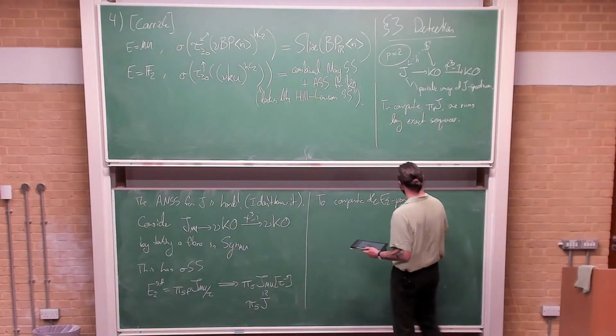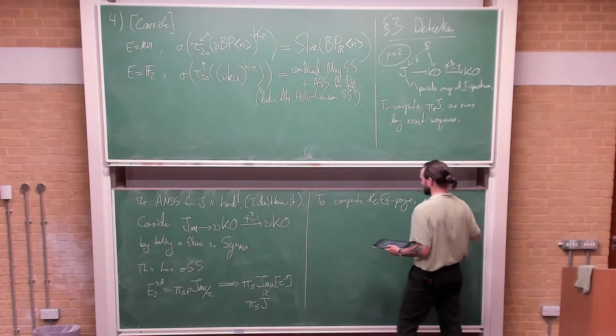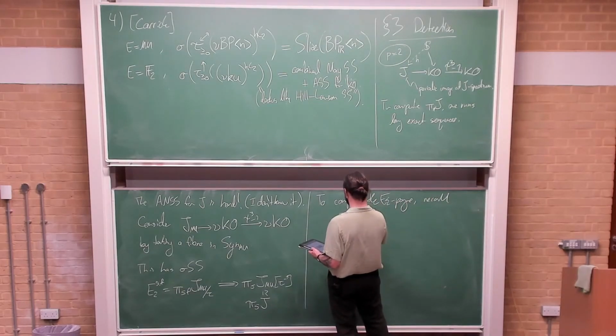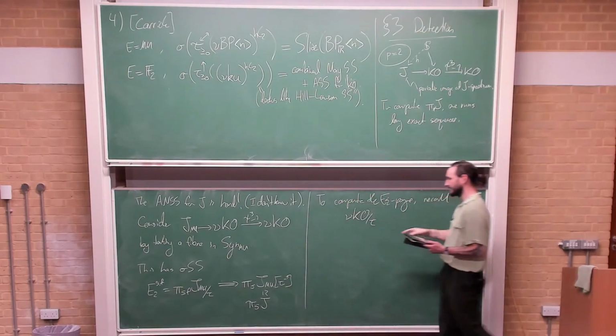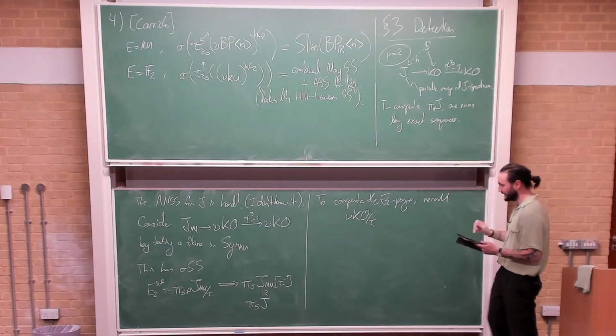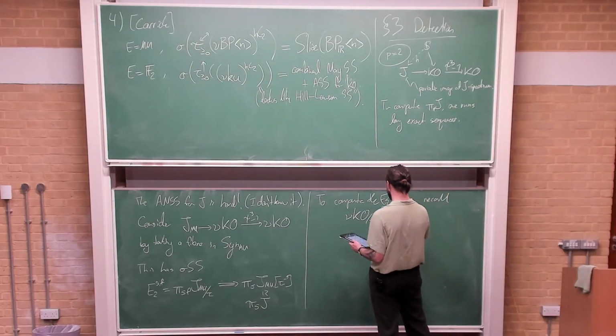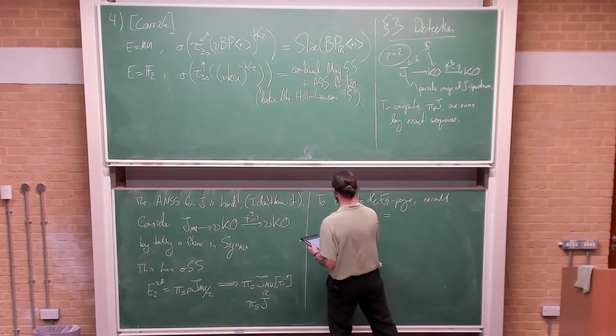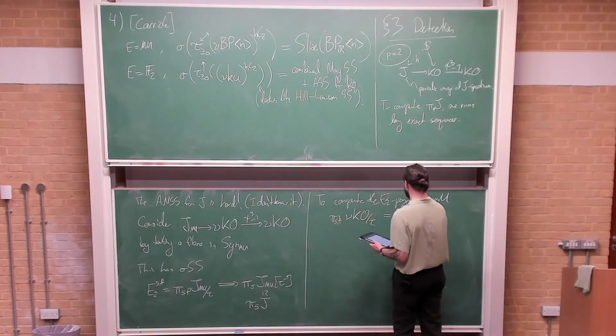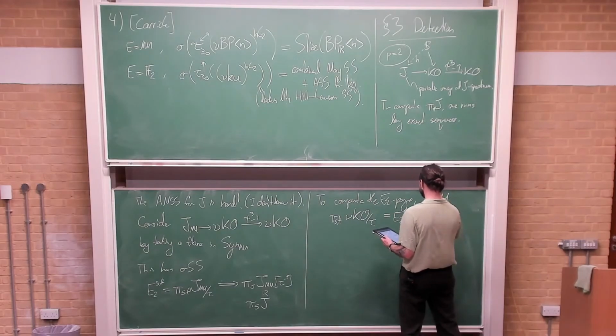So to compute the E2 page, recall that if I look at the synthetic analog of KO and I kill tau, then this is exactly the E2 page of the, if I take homotopy groups, then this is going to be the E2 page SF of, well, a